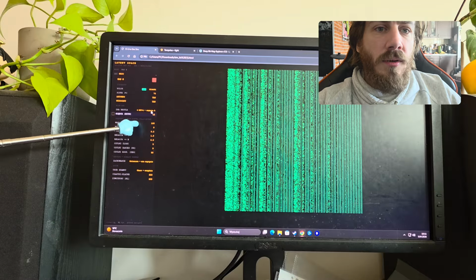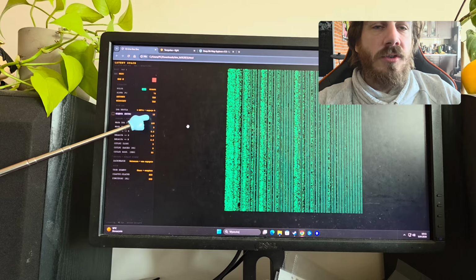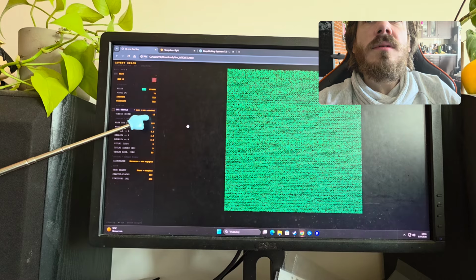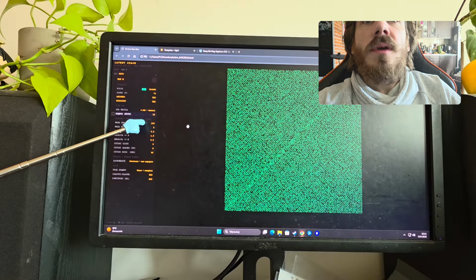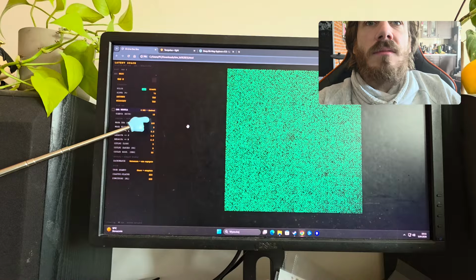Now, here we have 12 bits, and you'll see, let's use a different one, let's use XOR here. Or maybe even, yeah, XOR is good.